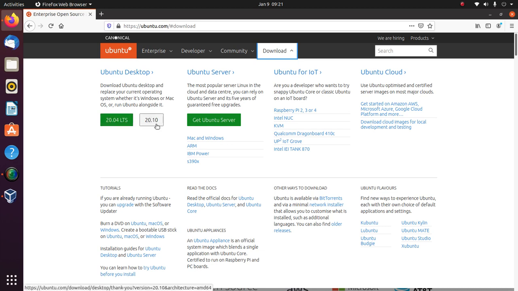Another release is given in the month of October, which is 20.10, 2020 October. So every year there will be two releases. For this year it is going to be 21.04 and 21.10. Like that, every year they version their releases based on the year and the month. This is how the Ubuntu operating system release roadmap is designed.